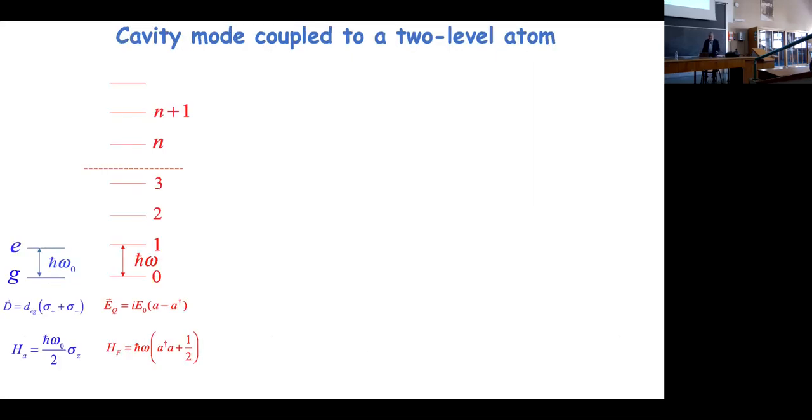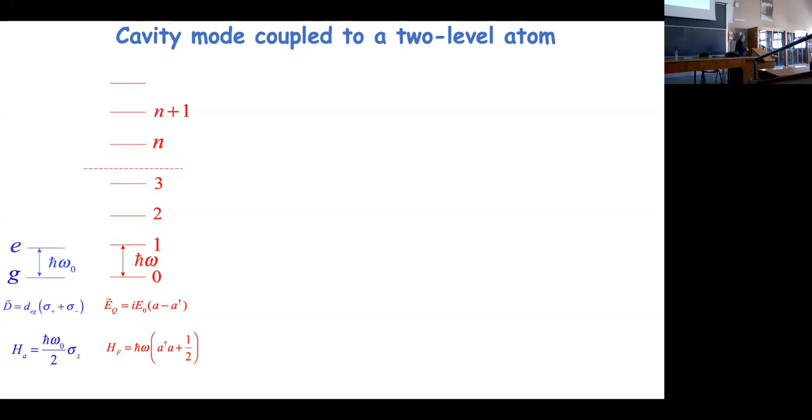So now let's come back to the structure of my system. You have a two-level system here and a quantum mechanical oscillator. Now, what is the energy of the spin? It's just h bar omega naught over 2 times sigma z. And sigma z,